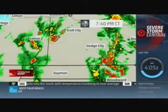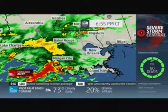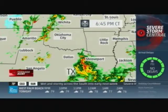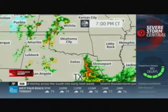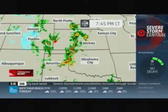This time now we're moving into Kansas. So we're now moving up into the state of Kansas here, the western part, dealing with it in Hamilton County. Tornado warned storm there until 7:15 local time. Again, that is Hamilton County in western portions of Kansas, not too far from the state line